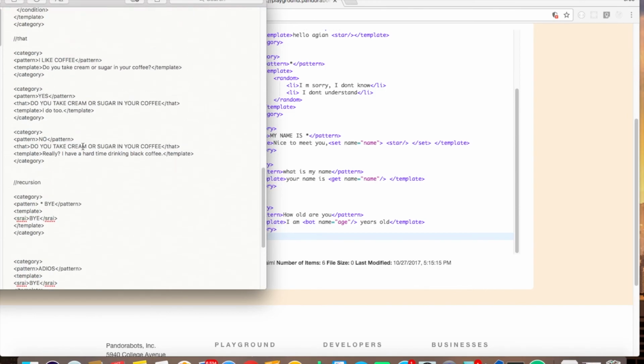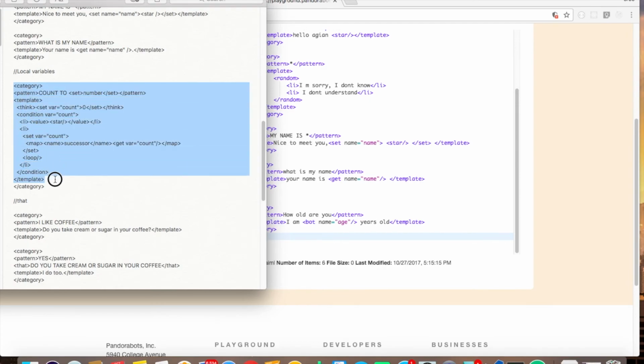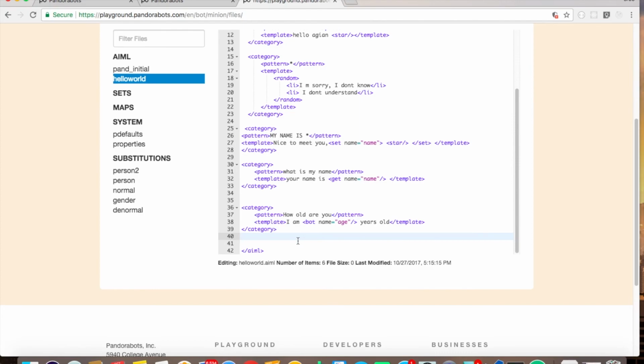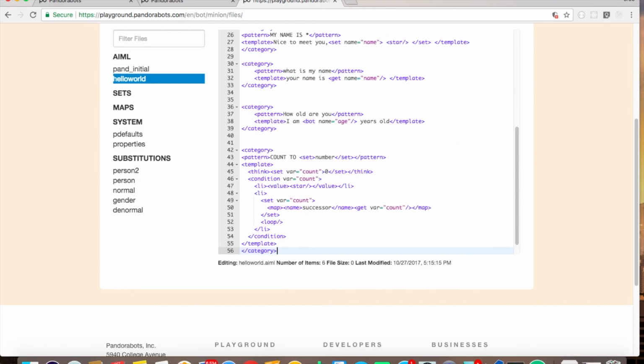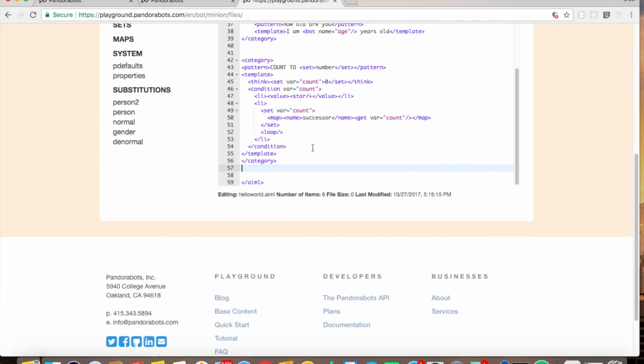So let me go and grab the local variables. This is my local variables code. I defined it for you, so this is written by me. I can see that this is the code, so I could explain step by step. Now I want my chatbot to do a counting, say count from 1 to 5 or 1 to 10 or something like that.